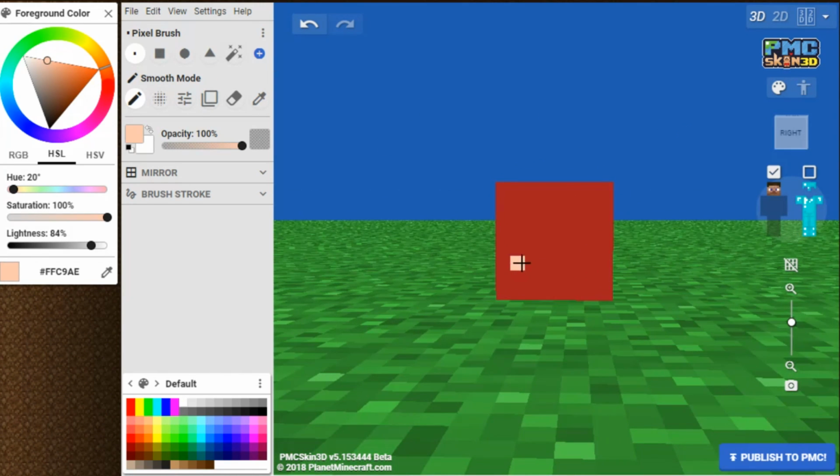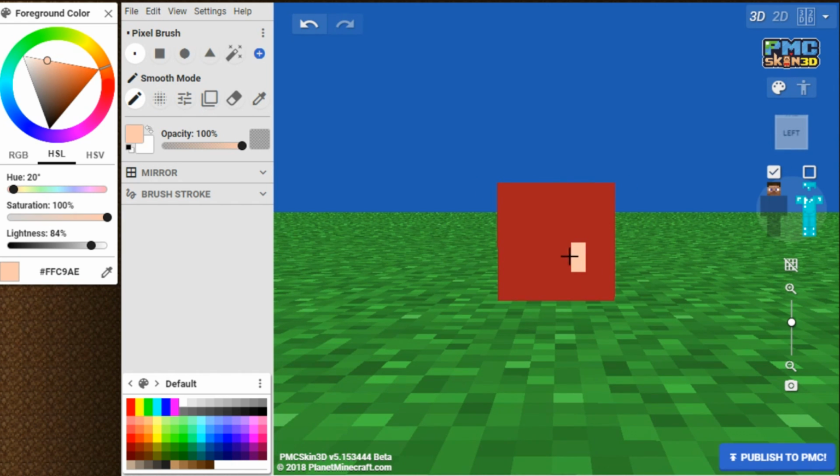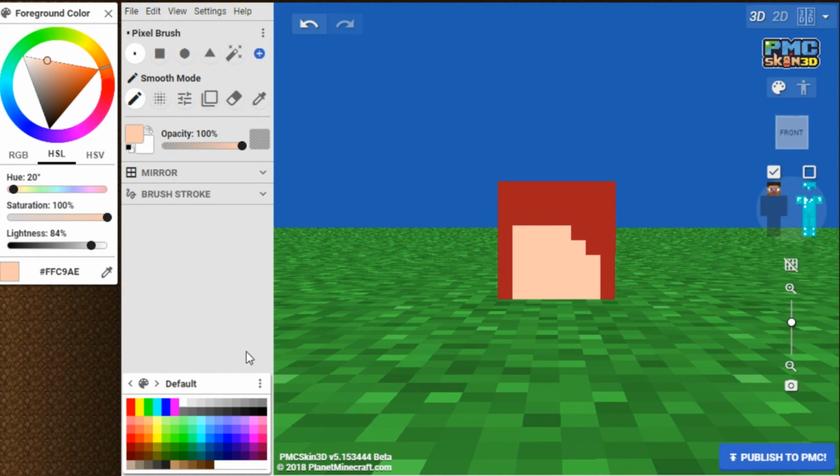And now I'm going to give myself some nice ears over here. You don't have to do this if your ears don't show, but my ears generally do show. So yeah, those are my ears. And now I'm going to bring my color down into red a little more and then move it closer to that for a nice lip color like that.